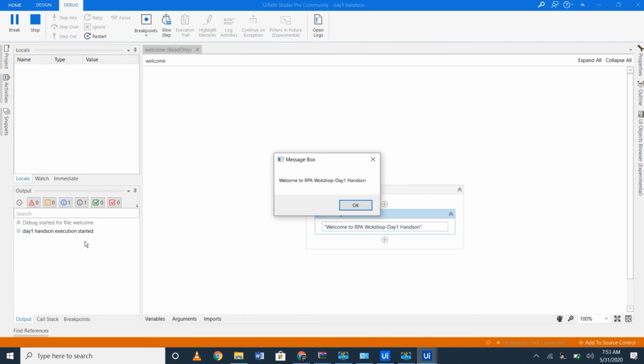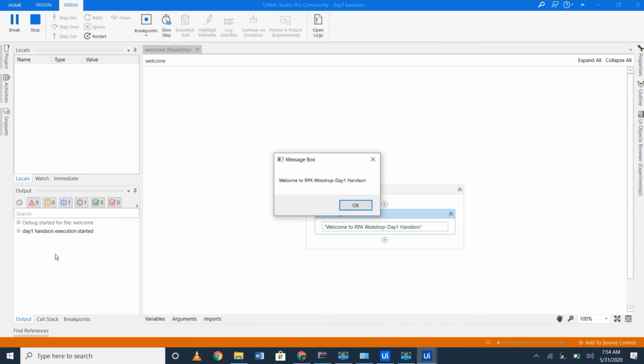Just to explain how the work has been allotted to the software bot, we have created a simple project to generate a welcome message. Now we have all cleared. The workflow we have demonstrated: click the process, then the sequence, and then the message box in order to display the message.